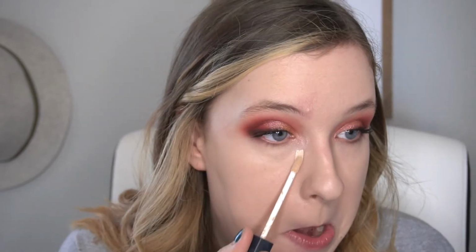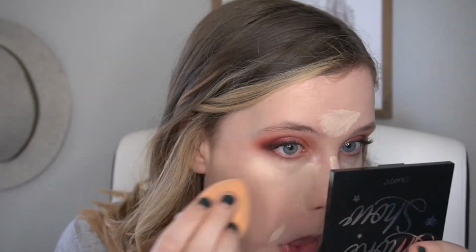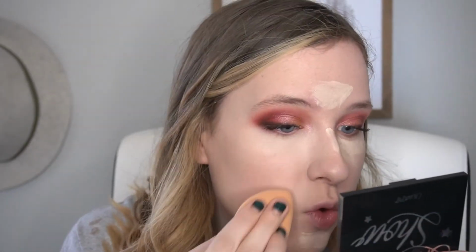And then I'm gonna try to use whatever I can get out of this tube of my Nars Radiant Creamy Concealer. I need a new one. It's my favorite concealer. This part is where like the real magic happens, because even if I'm having a bad skin day, I don't